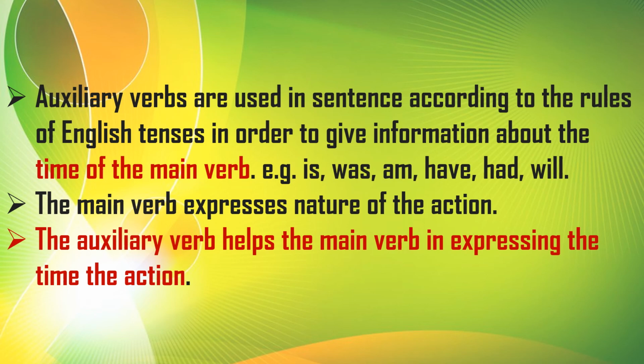We have revised main verb, then we have seen what is the meaning of the auxiliary verbs, then we have seen its 2 types, primary and modal. And in today's session, we have seen the definition of the auxiliary verb, so why it is called helping verb. Then we have seen different forms, forms of be, forms of do and forms of have, and we have seen them with framing some sentences. So that's all for today. In next session, we will learn about modal auxiliaries.